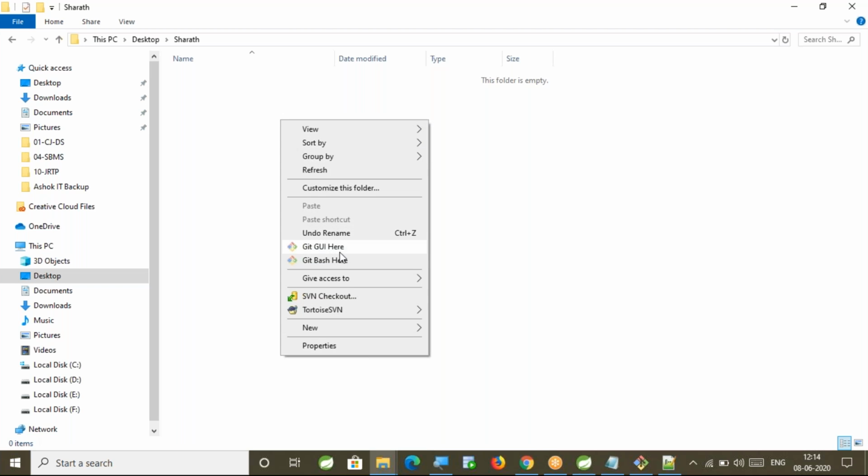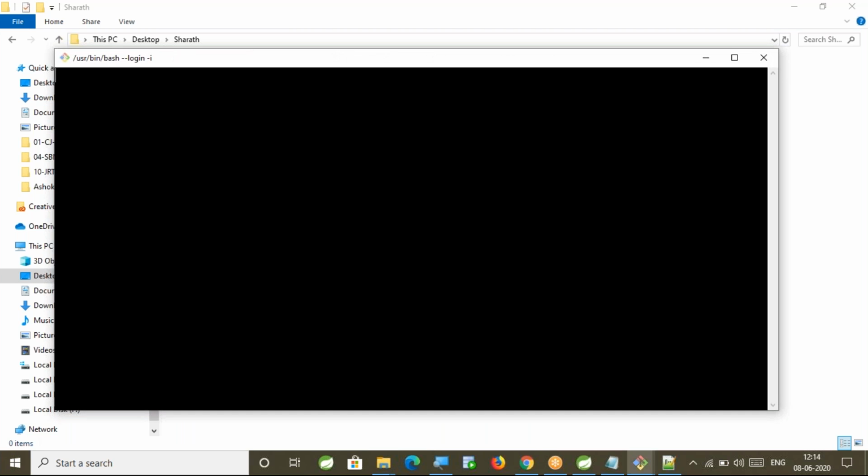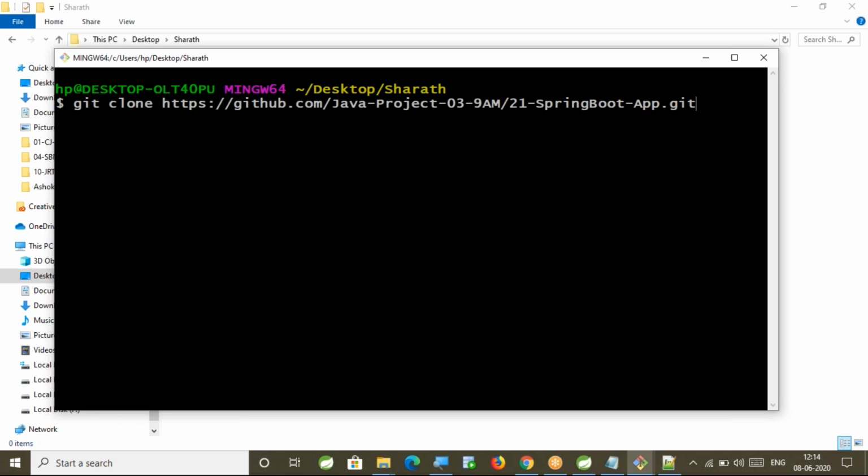Now Sharath will open Git bash. Now he will execute a command called git clone. Git clone repository URL. If you execute the clone, init will be executed by default. This folder will be represented as a repository folder if the cloning is successful. But if you don't clone it, then you need to represent that as a Git repository folder by executing the init command. Git clone repository URL.